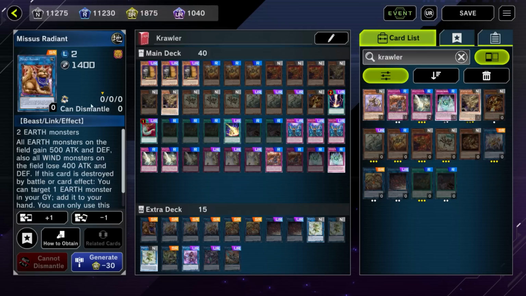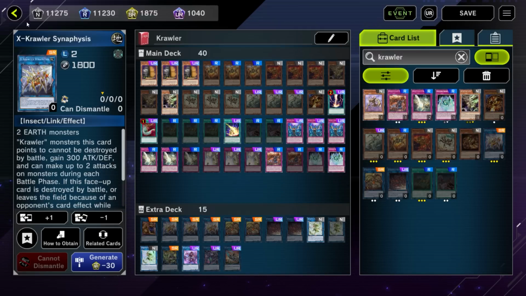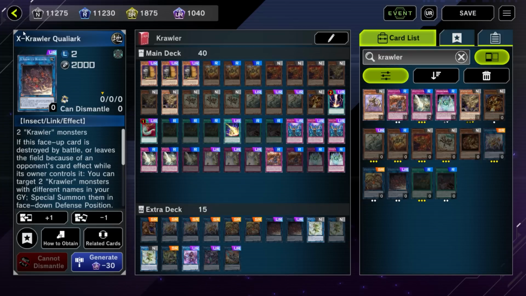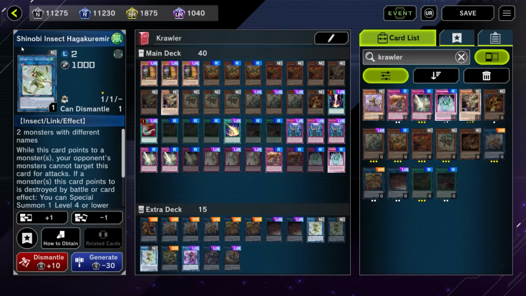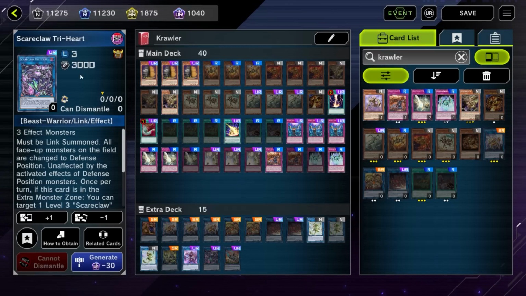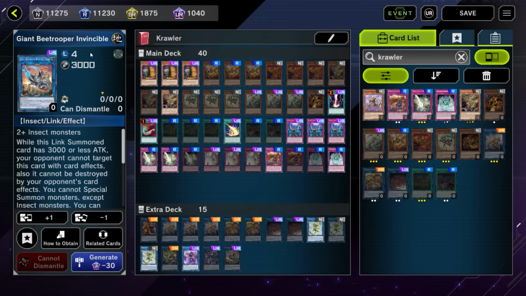The extra deck: 1 Mrs. Radiant, 3 X-Krawler, I don't even know how to say that, Synapsis I guess is what I'm going to go with, 2 Nerogus, hopefully I'm not butchering these names, Krawlark, 2 Krawlark, let's say, and then the rest doesn't really matter. 3 Shinobi Insect, you never summon it, 1 B-Trooper Armor Horn, 1 Donner, 1 Tryhard, and 1 B-Trooper, Giant